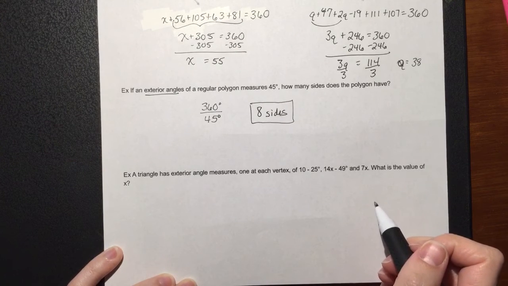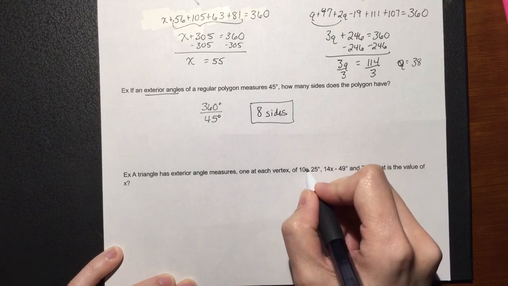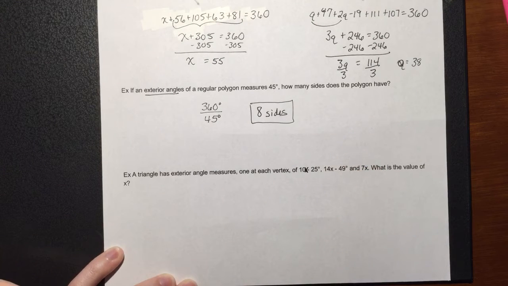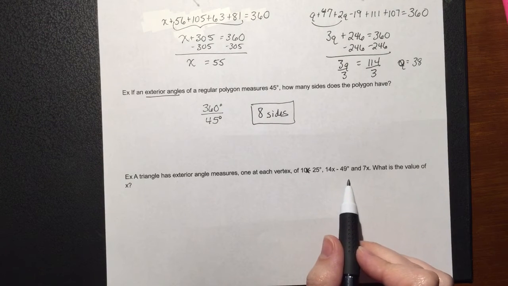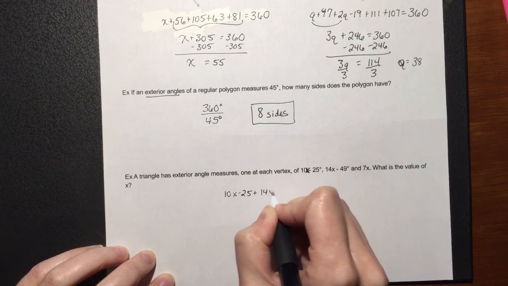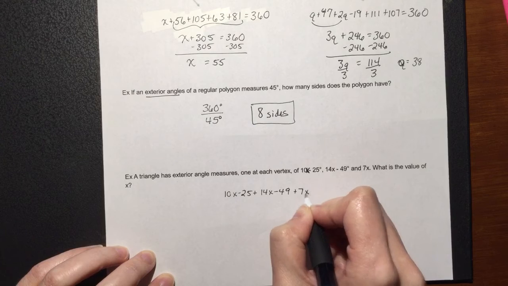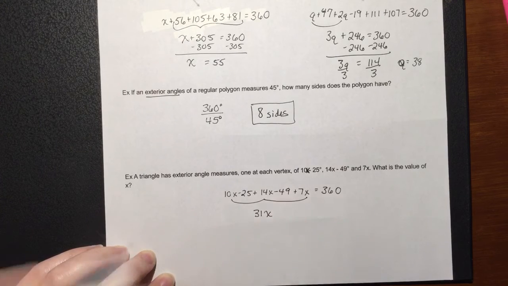Looking at the last example that I have for you, a triangle has exterior angle measures, one at each vertex, of 10x minus 25, 14x minus 49, and 7x. It wants to know what is the value for x. So this one is kind of the same idea as the others, it just doesn't have a picture to go with it. We're going to take those 3 angles that they give us, add them all up, and set them equal to 360. So we're going to have 10x minus 25 plus 14x minus 49 plus 7x equal to 360 degrees. So that leaves us with 31x